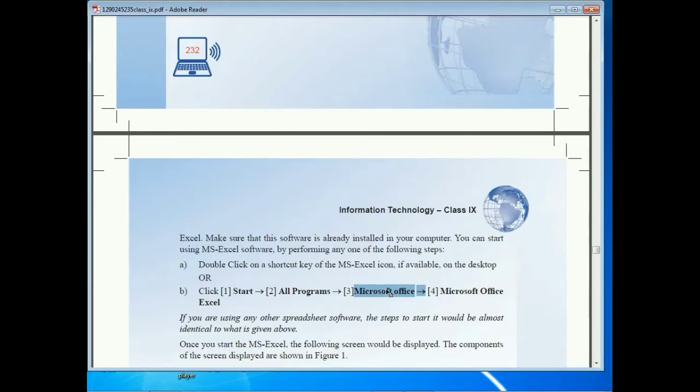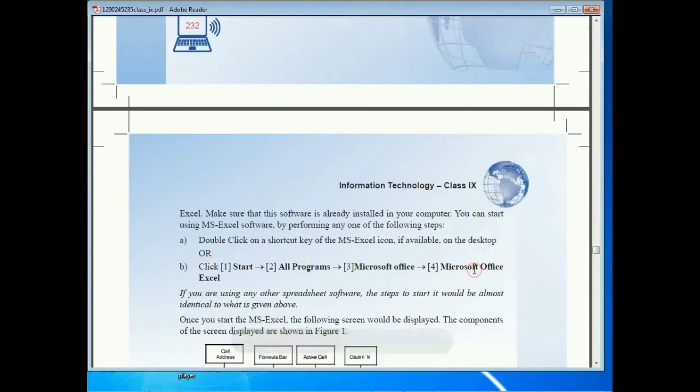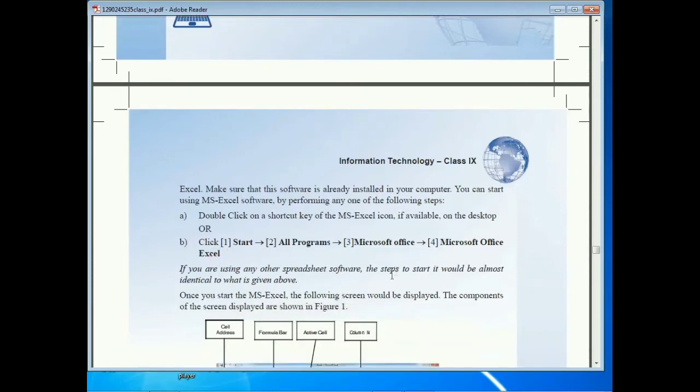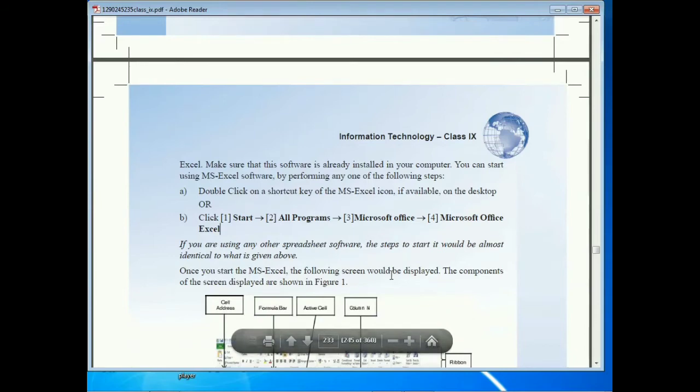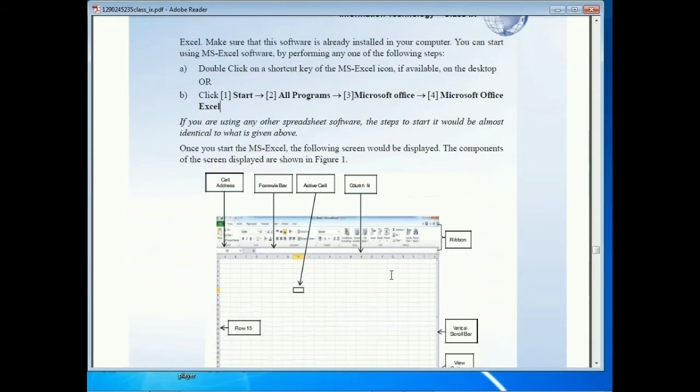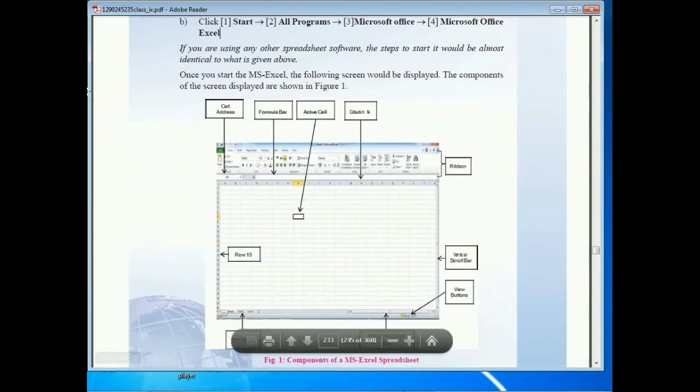We select that, and in the drop-down menu we have Microsoft Office Excel, and we click on it. Within a few seconds we can see a dialog box appear on the computer screen, so this type of screen you can see.